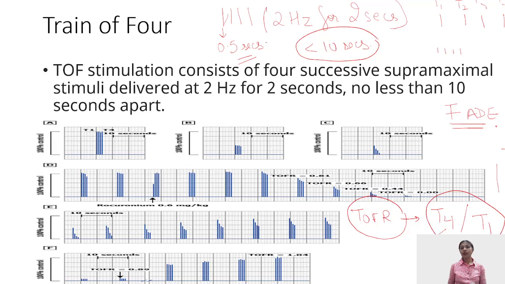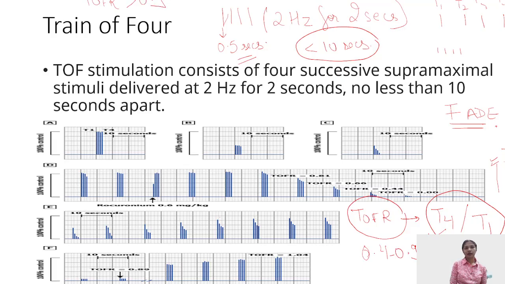T4 is the first to go and T1 is the last to go, and vice versa occurs at the time of recovery. So the train of 4 ratio which has to be maintained during the surgery is 0.4 to 0.9, because T4 is always smaller as compared to T1. And at the time of recovery, as I've already told and emphasized, the ratio has to be more than 0.9